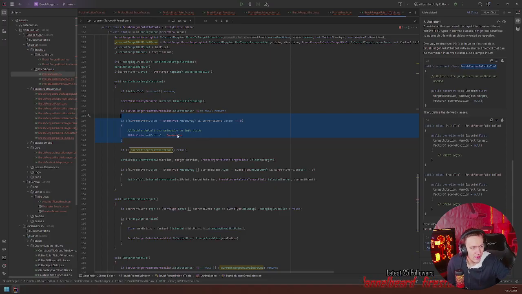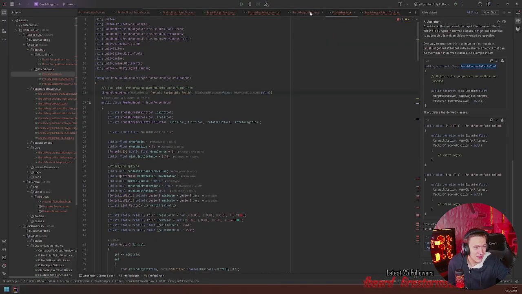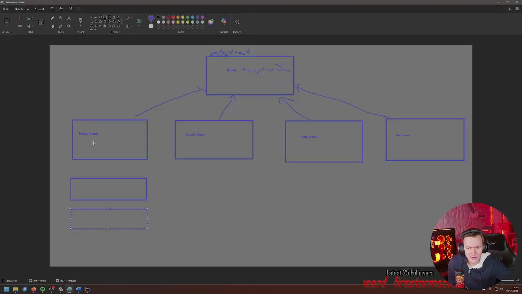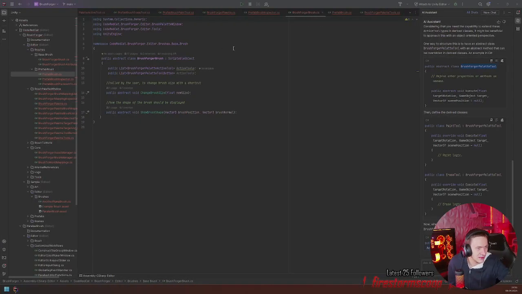And I need to think about, do I want this? Actually, yeah, I think in all cases, prefab brush, sculpt brush, tile brush, you never want to select what is in the scene.